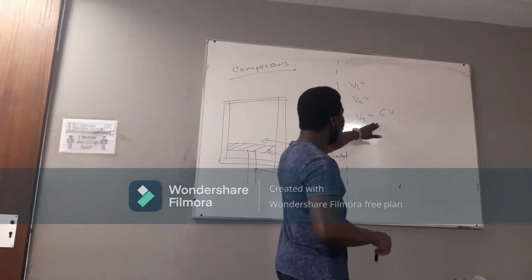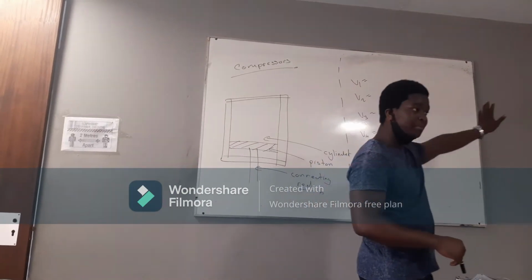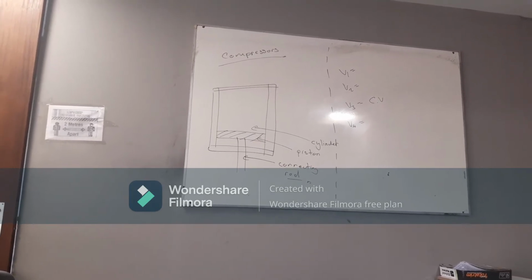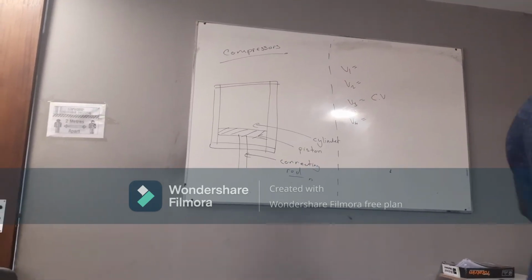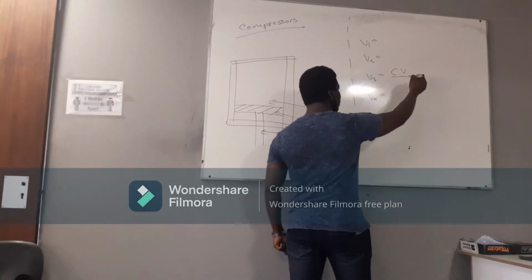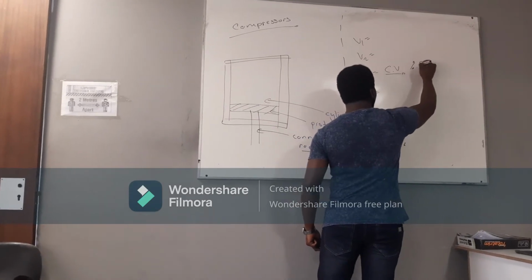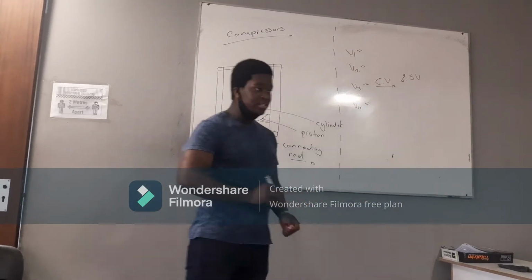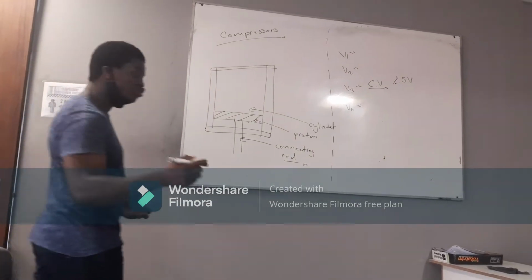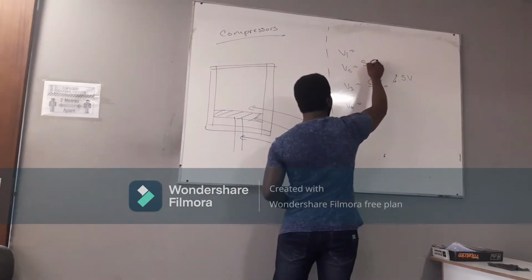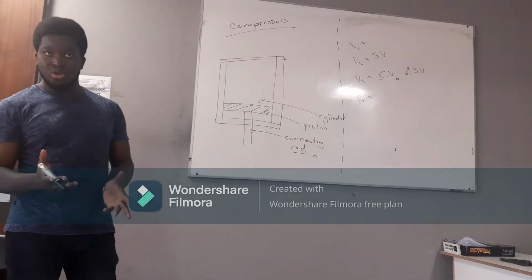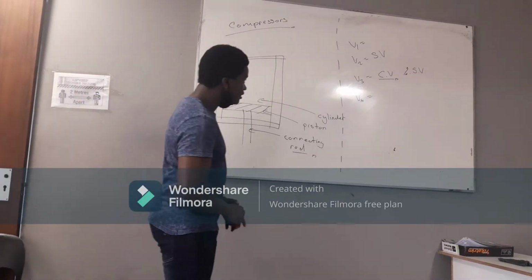Now, V3 is usually a percentage of the swept volume. Don't worry, we'll get into what the swept volume is later on. So V3 is the clearance volume, which is normally a percentage of the swept volume. Now, let's explain what the swept volume is. The swept volume is equal to V2. Others call it the stroke volume. It's also correct. Stroke volume and swept volume are one and the same thing.